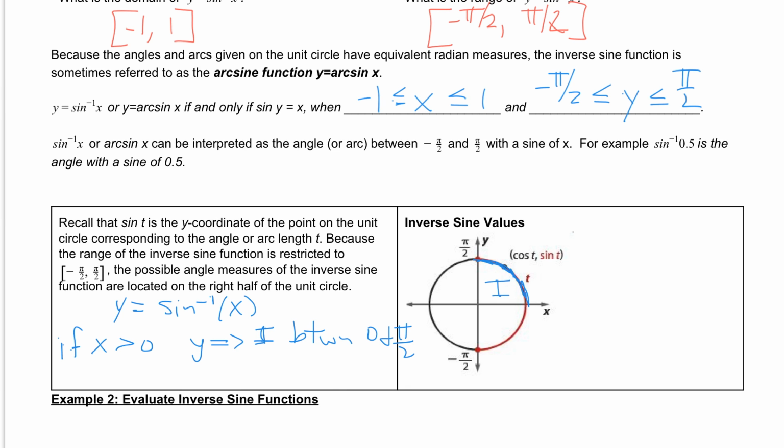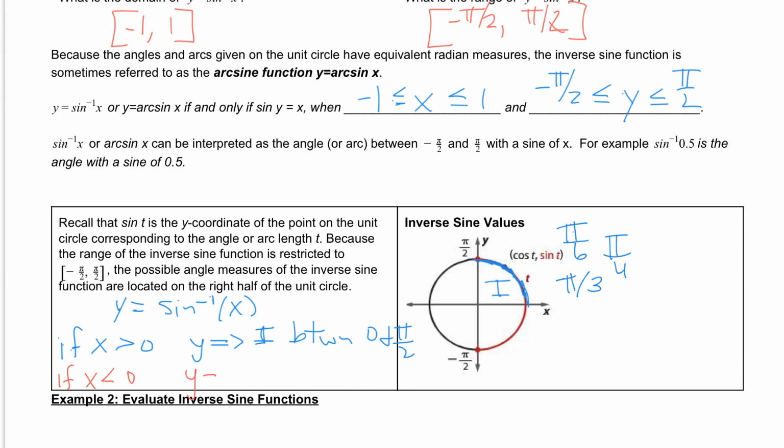So if our inverse sine is positive, again, x is greater than 0, we are going to be lying in this first quadrant. And if you think about it, we're going to be doing this mostly with our special right triangles. So that means that we're going to have answers of pi over 6, pi over 3, and pi over 4 in that first quadrant. Now, if x is less than 0,